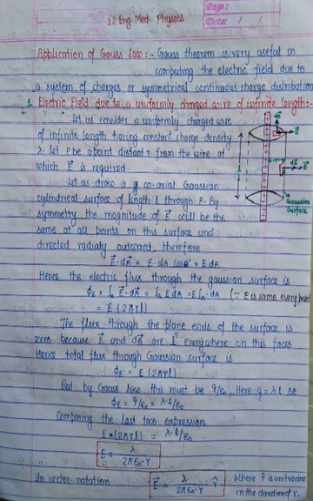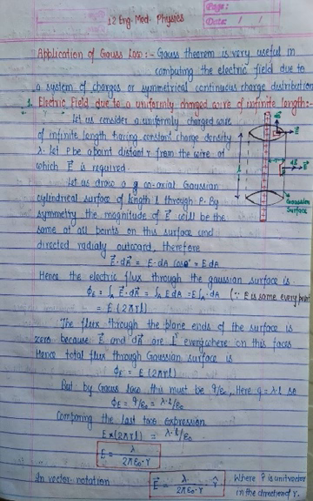We know that the total surface area is equal to 2 pi r l. Hence, phi E is equal to E into 2 pi r l. The flux through the plane ends of the surface is 0, because, see the top and bottom, the electric field and the direction of the area vector are perpendicular everywhere on these faces. Hence, the total flux through the Gaussian surface is phi equal to E into 2 pi r l.